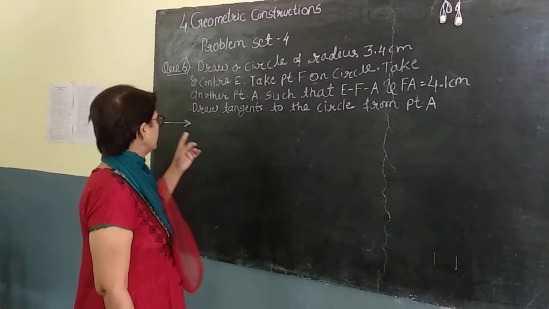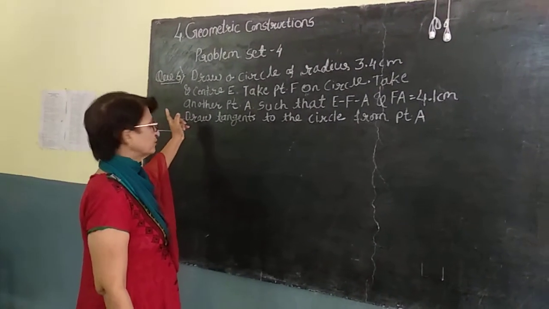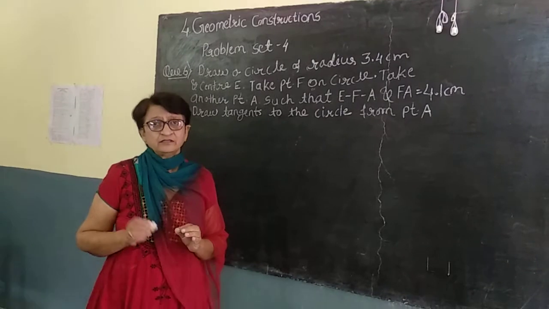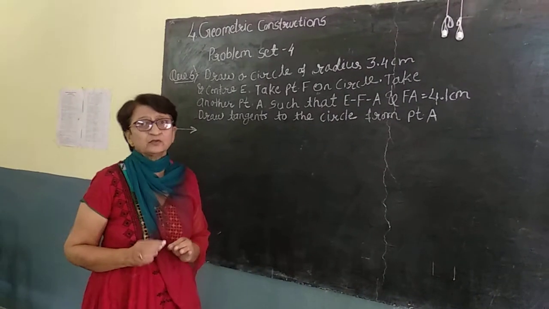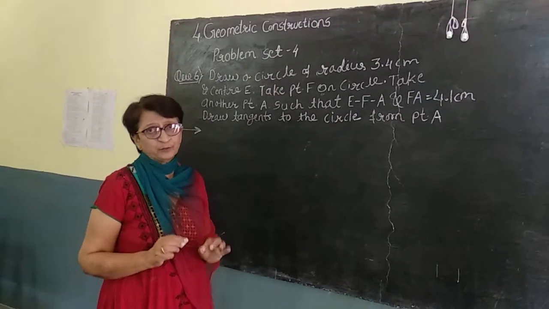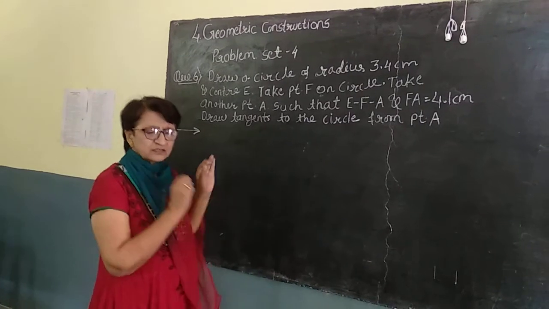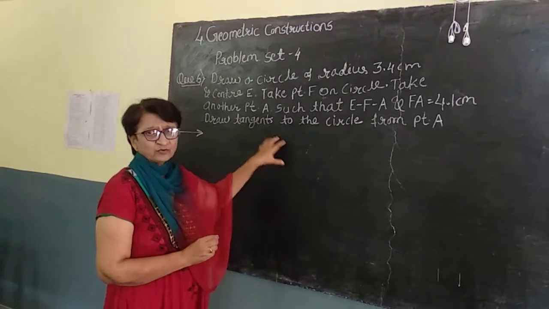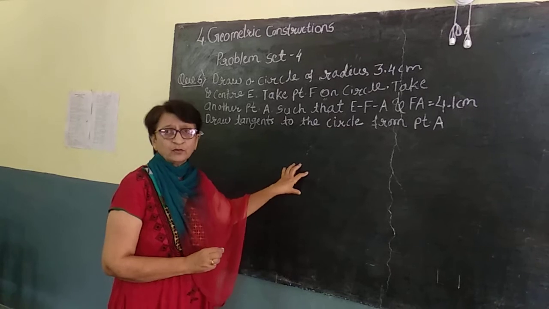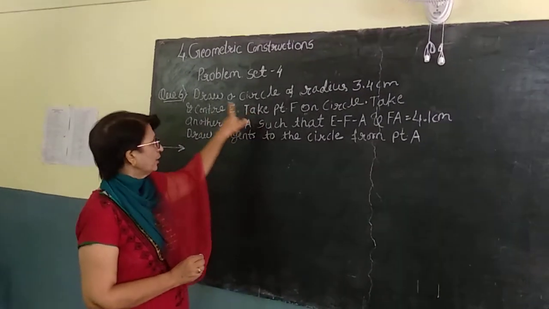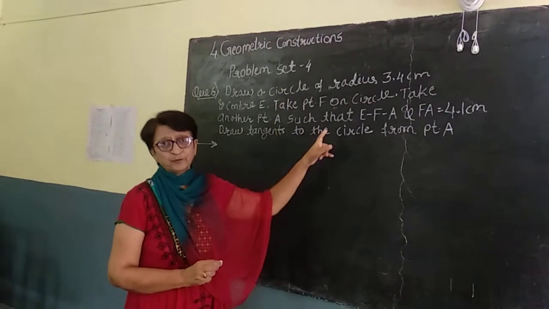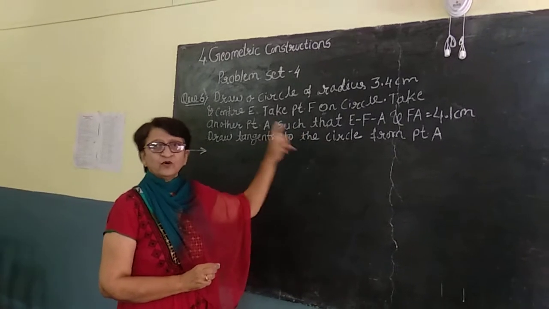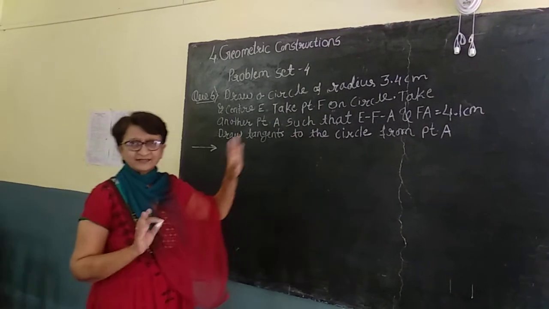Now we are going to start another example. I am going to explain question number 6. Children, your problem is that you don't understand the English properly. Just read the question. It is not that you don't know how to do it, but you will not be interpreting the sentence properly. So be very careful what is written here. It is very simple.